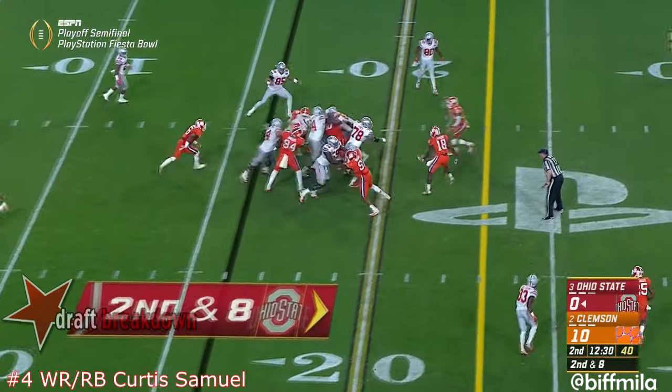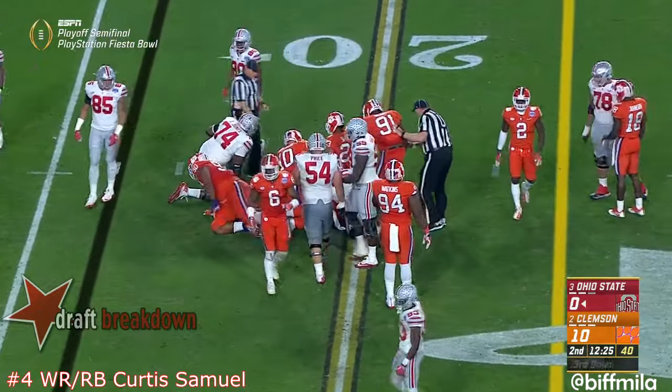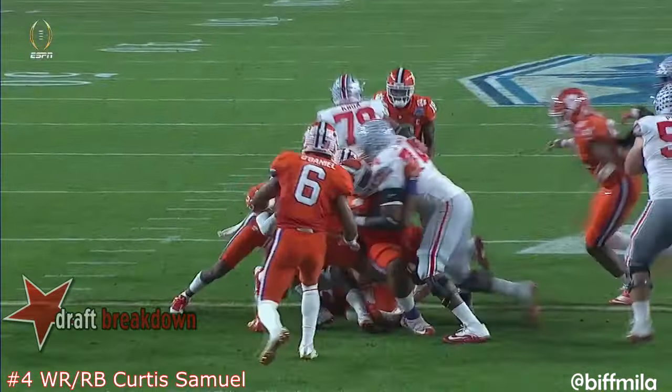2nd and 8. It's a shovel pass inside to Samuel. Urban Meyer was joking that's his wife Shelley's favorite. But you know, this is an offensive play that Pitt with Matt Canada, the offensive coordinator, who's headed to LSU to be the